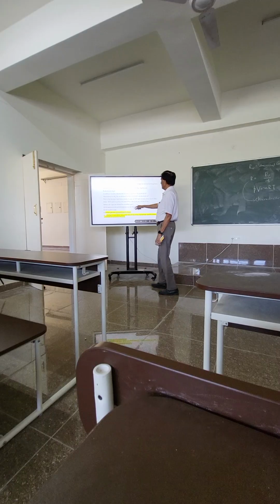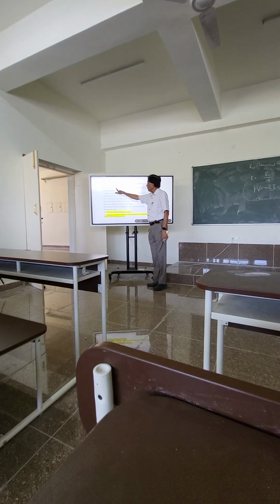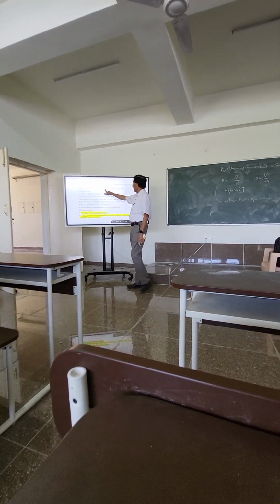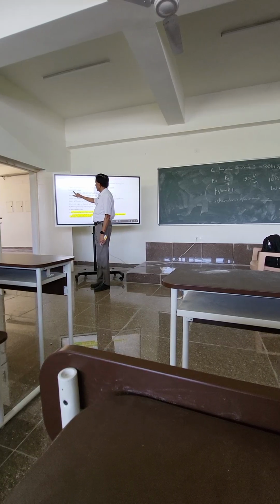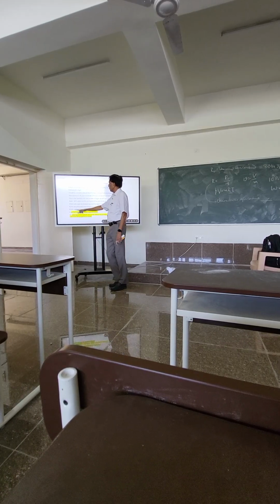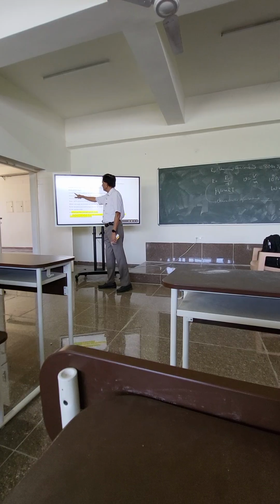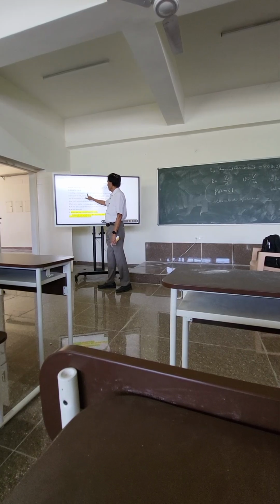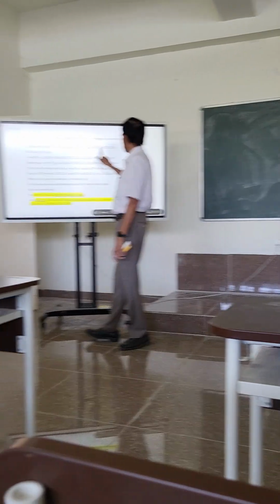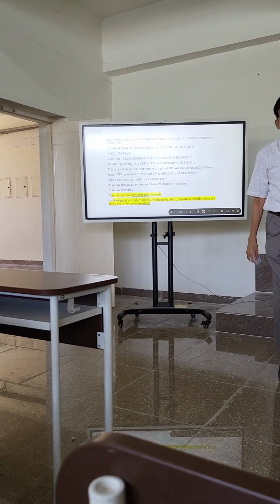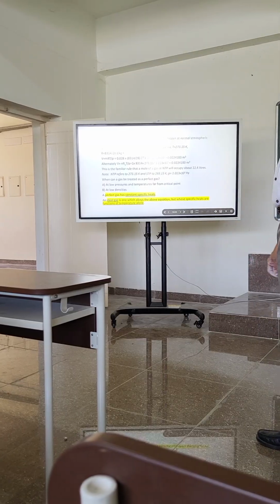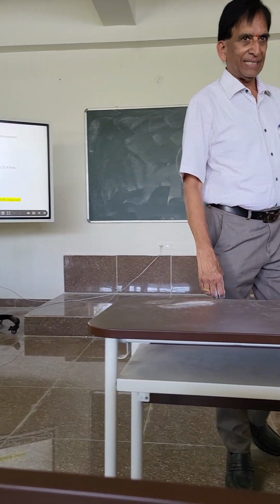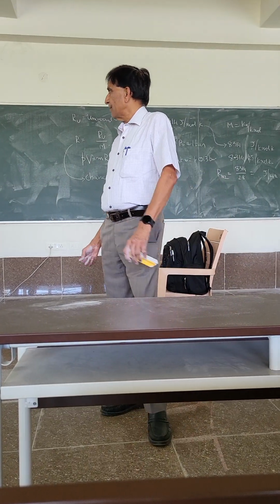So for 1 mole of nitrogen, the mass is 0.028 kilograms, since 1 kilomole comes to 28. The pressure is this one, the temperature is this. The gas constant is 8314 by 28. So what is the volume? V equals mRT over P, with m as 0.028 and R as 8314 by 28. Calculate this. This is the volume occupied by 1 mole of nitrogen at normal conditions. So calculate that. Let us see that number.